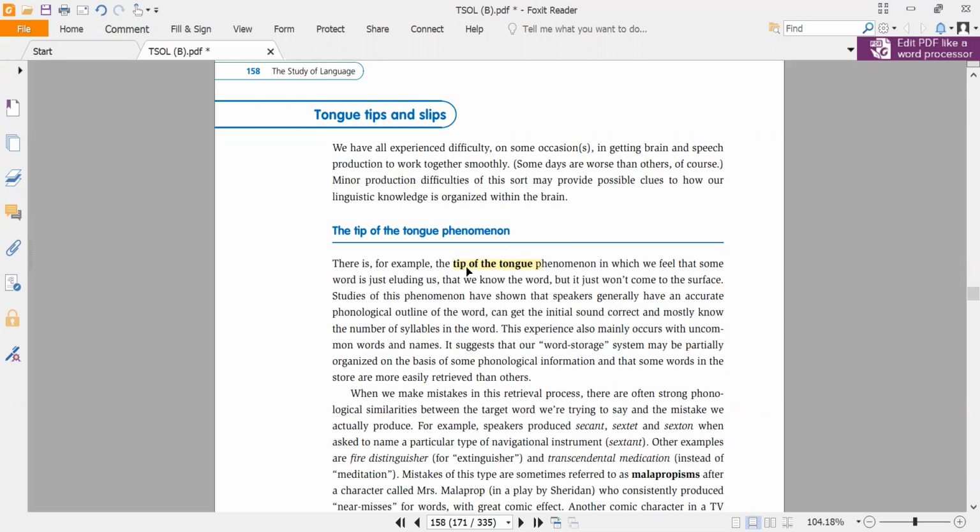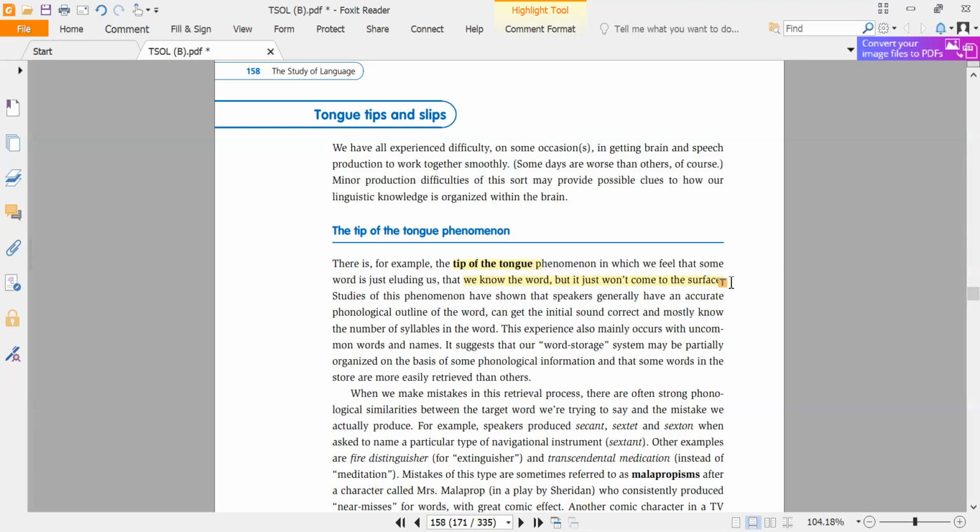We feel that we know the word, like we have that word in our mind, but it just won't come to the surface. For example, if I talk about the seer of your class, his name, it's on the tip of my tongue. It's,